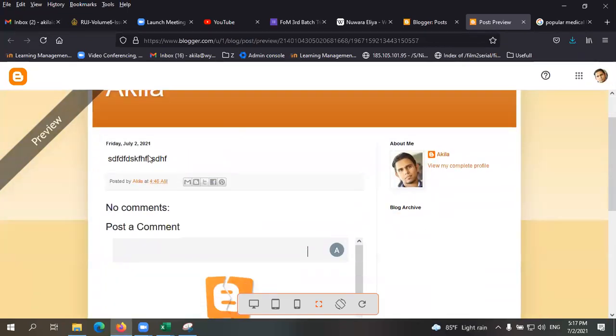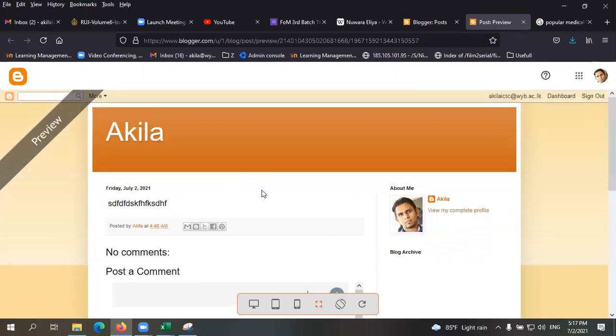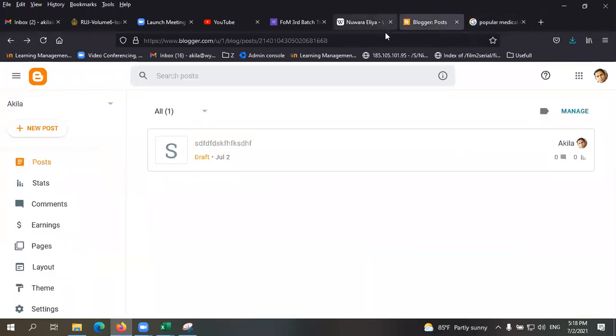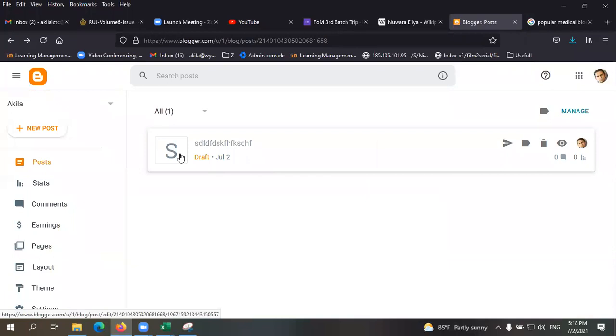See, like that, all the posts will appear on your website. And again, you can create your profile. So this is depending on the theme, right? So like that, you can create your own blog, and you can publish the things that you know. Again, you can share those information with your friends, your thoughts, everything. So in Sri Lanka also there are very popular blogs who write articles, who publish their designs, I mean poems and everything, right? So you can create your personal blog.